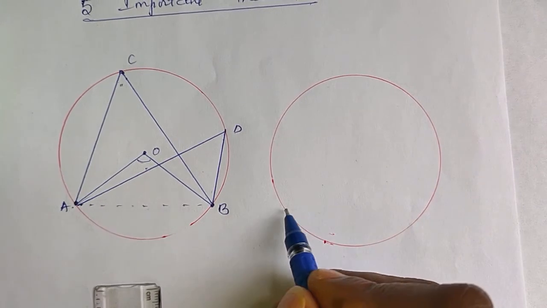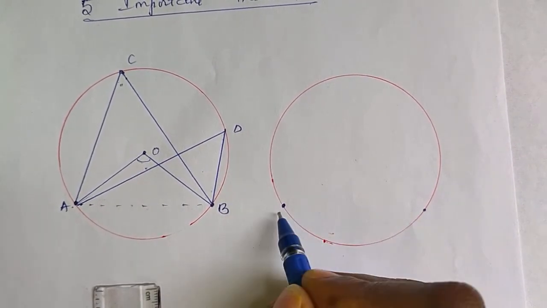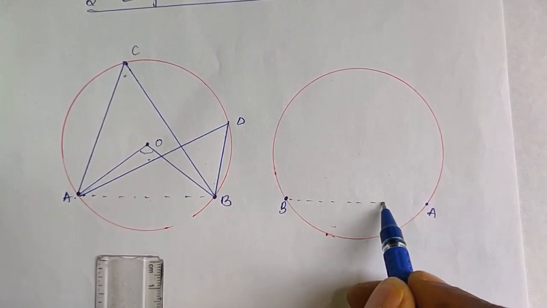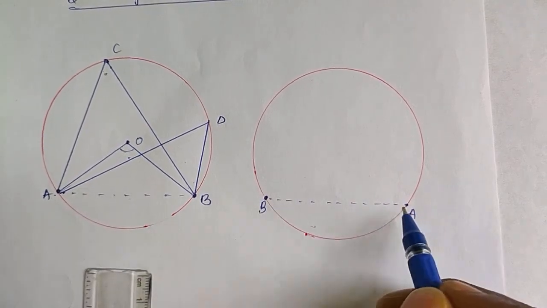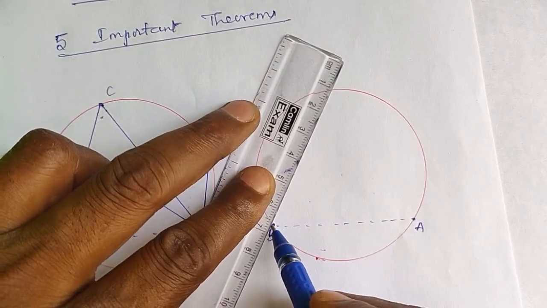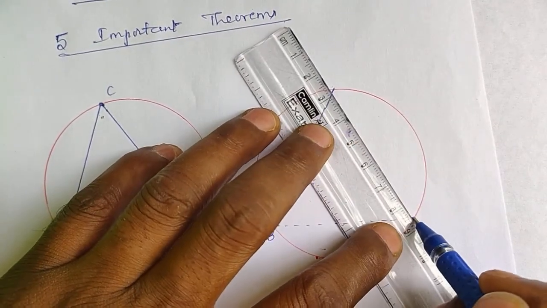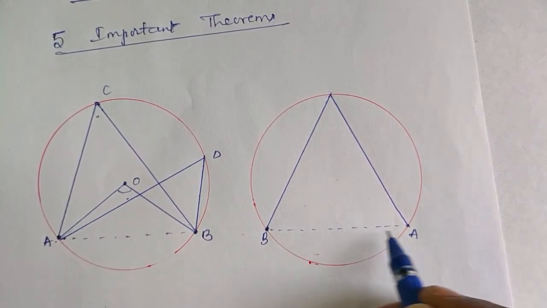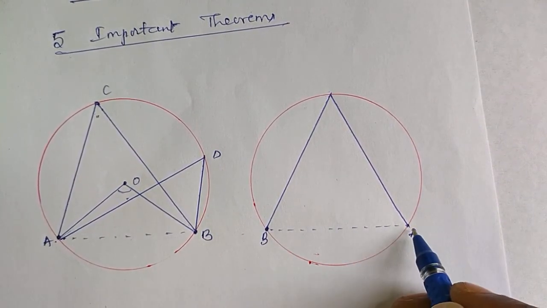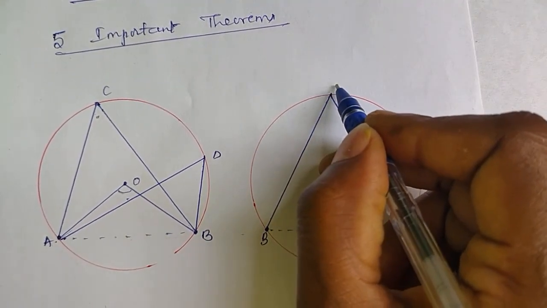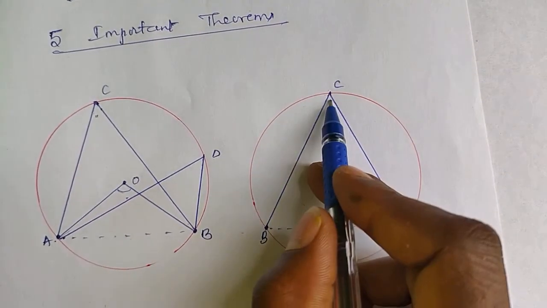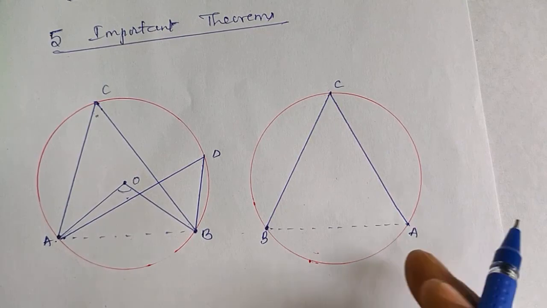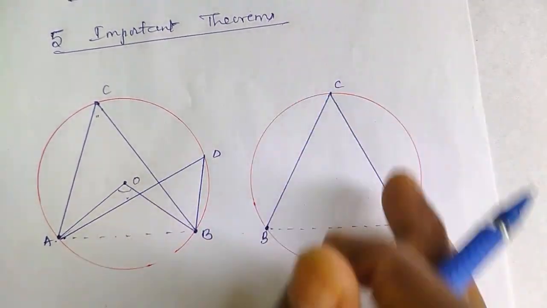Let us go to the second theorem. The second theorem is like the first theorem only. We'll mark A and B, 2 points on the circumference. These 2 points are joined or not joined, not a problem. We construct an angle at the circumference from the ends of the AB chord. If the AB chord is not given also, A and B are 2 points on the circumference. We are constructing an angle C at the circumference. Remember, this angle C is formed from A and B. That means angle C is standing on the AB chord.